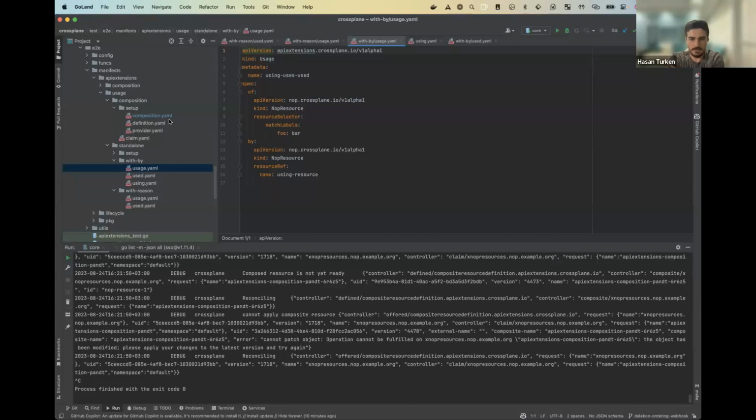No, not really. We are using owner references for this, and if you create the usage first, then it couldn't establish the usage relationship, and it couldn't establish the ownership relationship. It will just wait and error out, stating that the usage relationship couldn't be defined because that resource does not exist. Once the usage relationship is established, which is also doing the owner reference part, then deletion of the using resource will trigger the deletion of the usage.